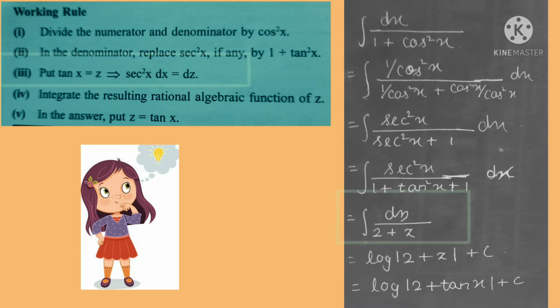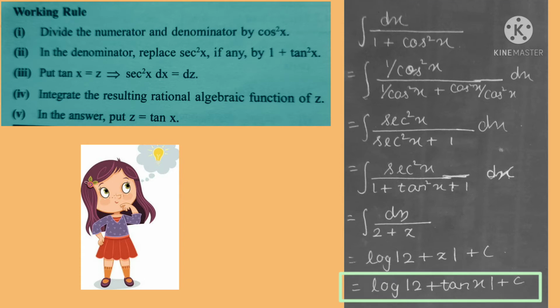Substitute the value of tan x as z. If yes, we can put it as t also, and we need to re-substitute the value. It's nothing but sec square x dx is equal to dt, and a very simple integration occurs with the algebraic function of z. Afterwards, the fifth step is that we need to re-substitute the value of z is equal to tan x. I have shown the respective example on the right side so that we can see at which example we need to use all this working.